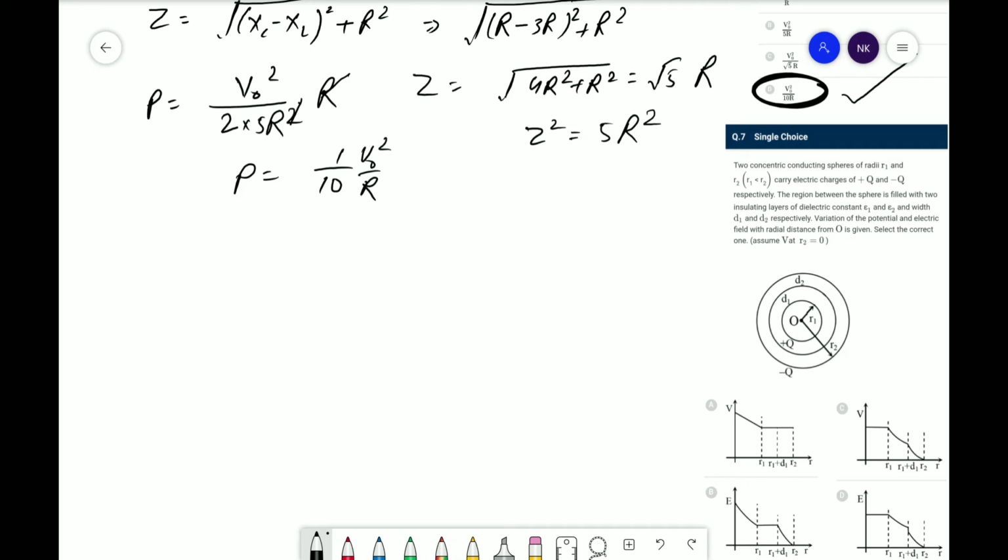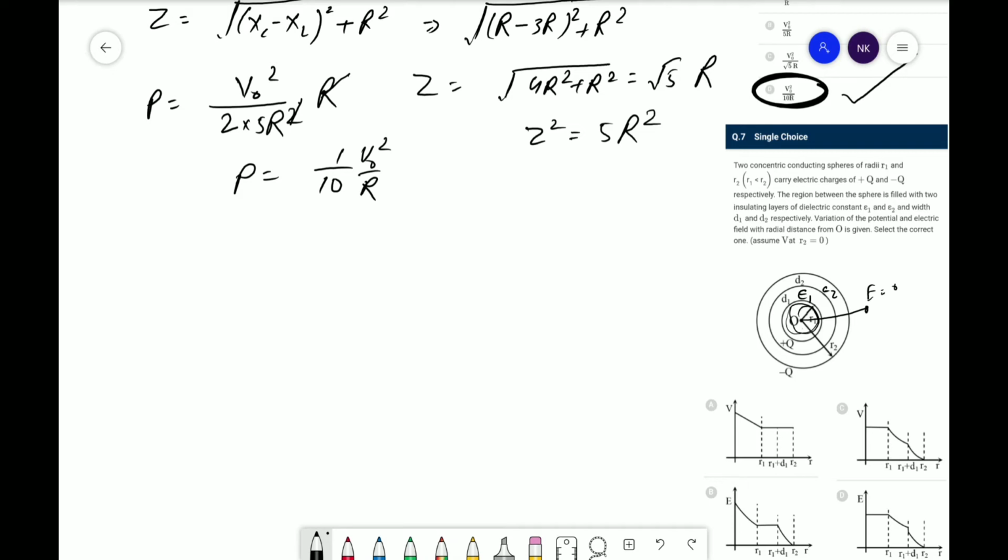First thing you have to remember is that the electric field intensity outside the concentric sphere, and inside the concentric sphere, will be 0. Here two things are given: this one is epsilon 1 and this one is epsilon 2. It means the electric field outside the conducting sphere is 0, and also in this whole inner region the electric field will be 0.